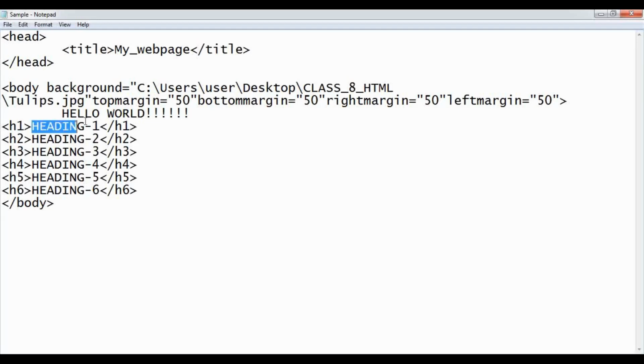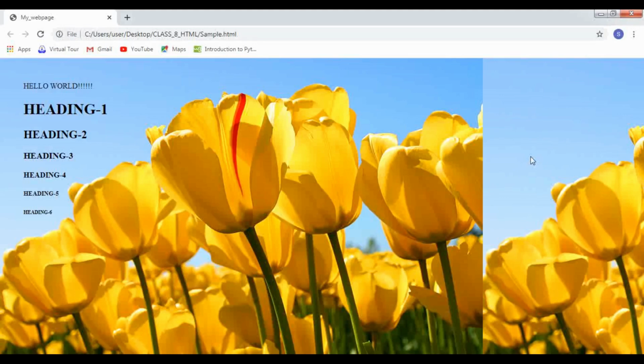So let me change this. This is the heading of my web page. So now the content is, this is the heading of my web page. So Ctrl S, just go to Chrome and refresh here. Look here. My content, this is the heading of my web page, is displayed in the maximum size as I told you. So headings will be written within the heading tags and there are 6 heading tags for the HTML page.